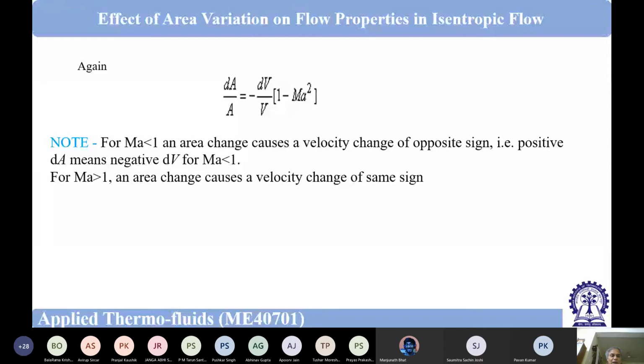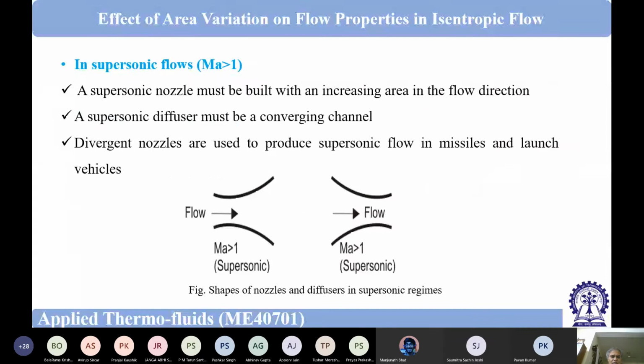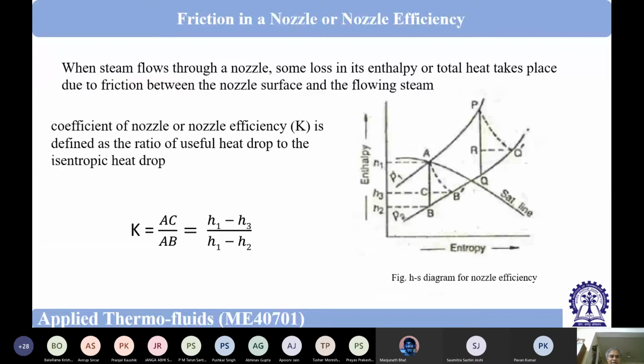So this is the formula for Ma less than 1. An area change causes a velocity change of opposite sign, and vice versa. All right. These things are very simple, so let us not bother about it. It is written what happens in supersonic and subsonic case, so you will just read and find it. Now we are coming to